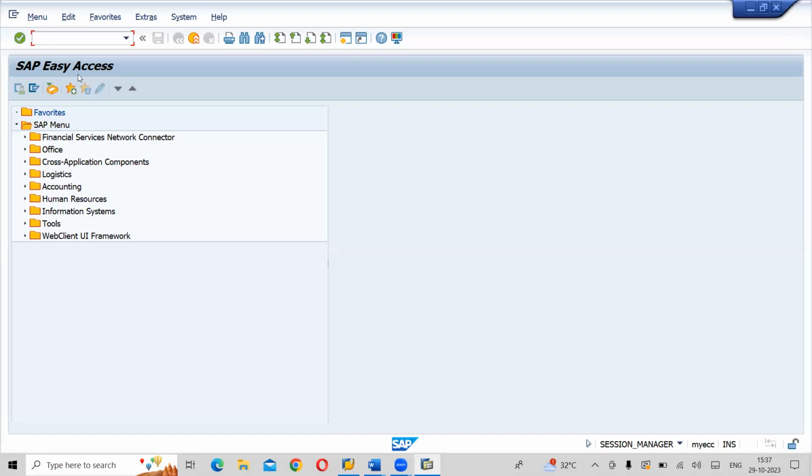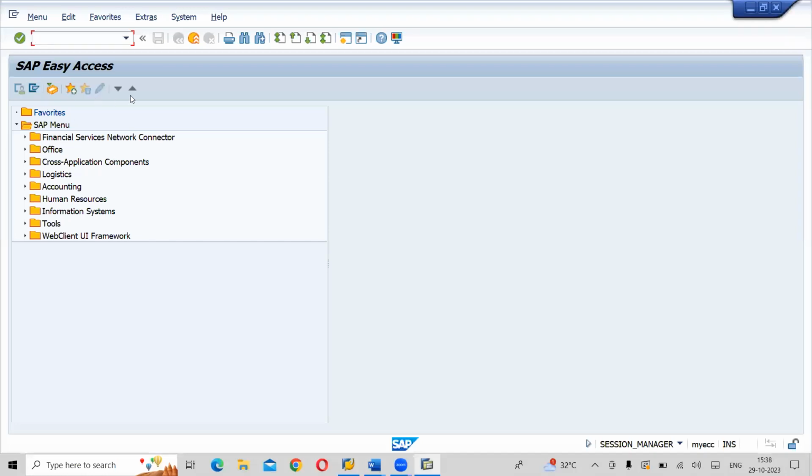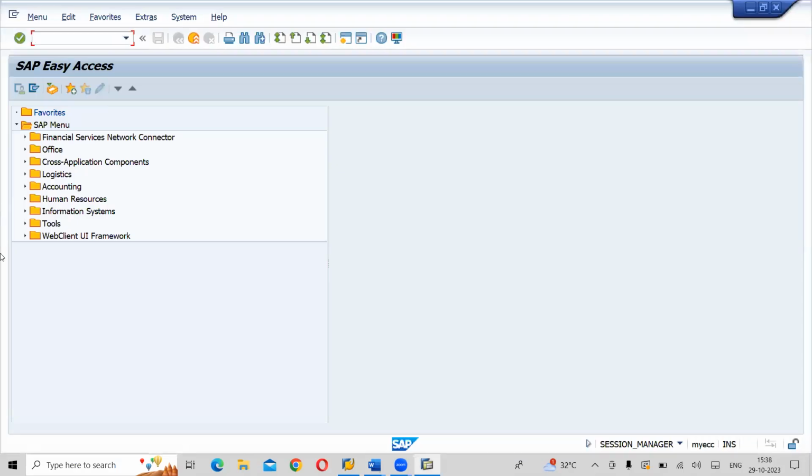In Excel also, you remember we have a menu bar, a standard toolbar and a name bar. Correct? Next we have the application title bar. After that, the SAP application toolbar. These are the toolbars. After that, we have a status bar. On the bottom left side, we call it the status bar. Whenever you save something, it will show you here. This is also there in your MS Office status bar.